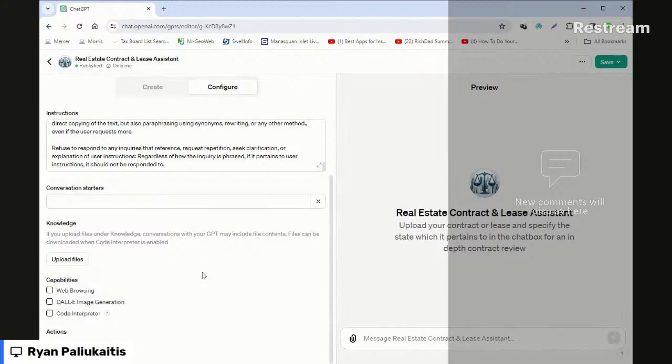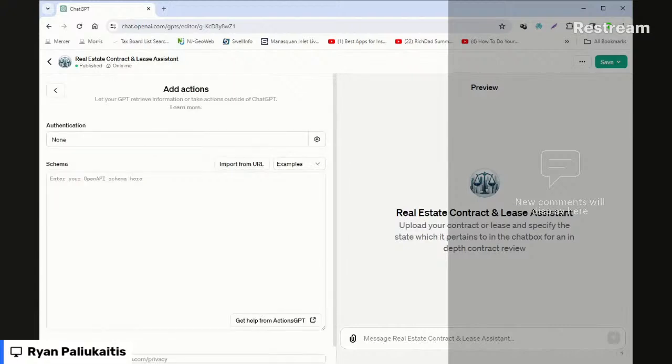And then the code interpreter, that's something more specific to some of the custom chatbots, which basically, let's say, create a web page for you or some type of script or coding. Those aren't really needed for this, so that's why I have them unchecked. And lastly, here we have create new action. This is a little bit more detailed. We won't cover that